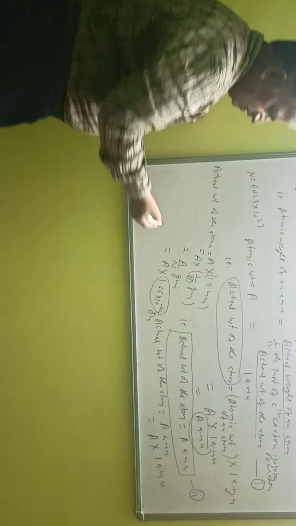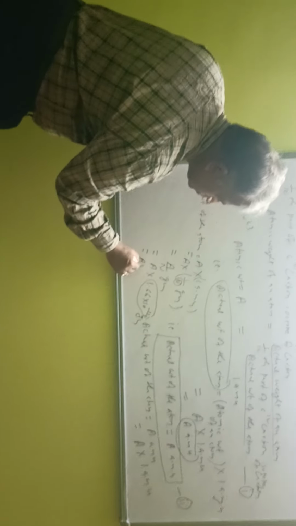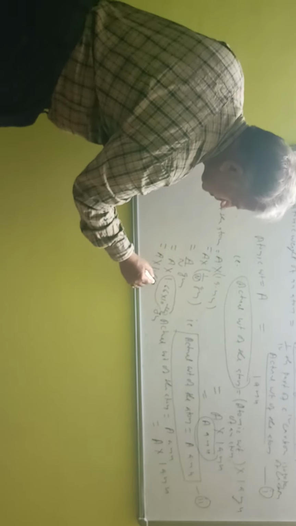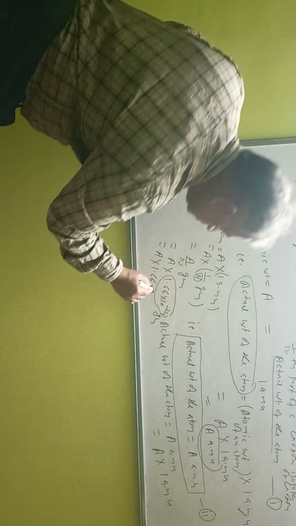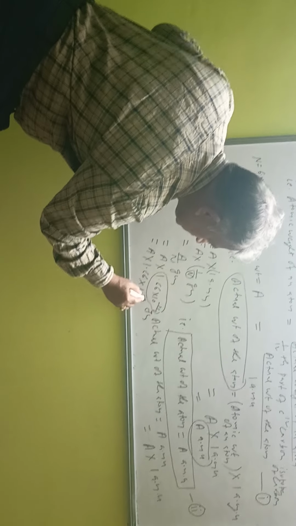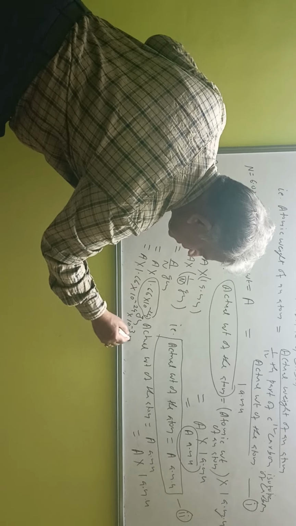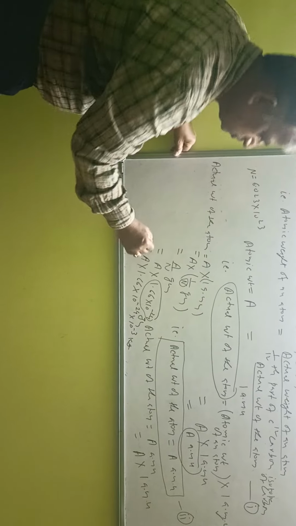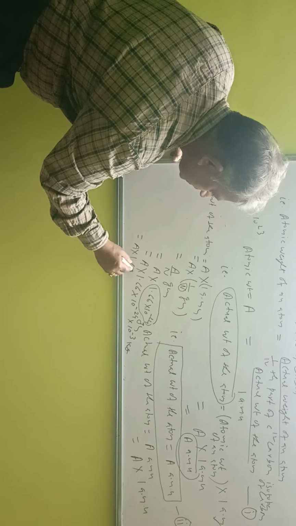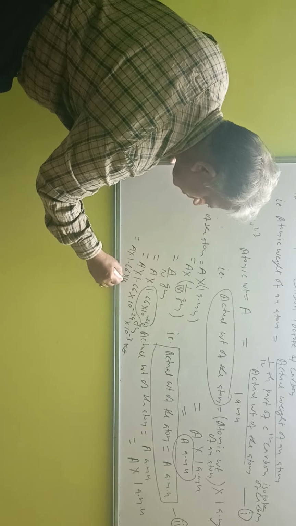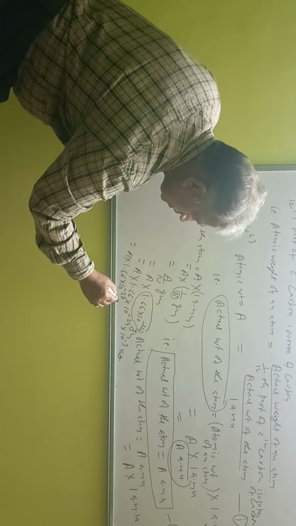So here these answers can also be written as A into 1.66 multiplied by 10 raised to power minus 3. So 10 raised to power minus 3 means minus 24 multiplied by 10 raised to power minus 3. So this answer converts into kilogram. So finally this answer is A into 1.66 into 10 raised to power minus 27 kilogram.